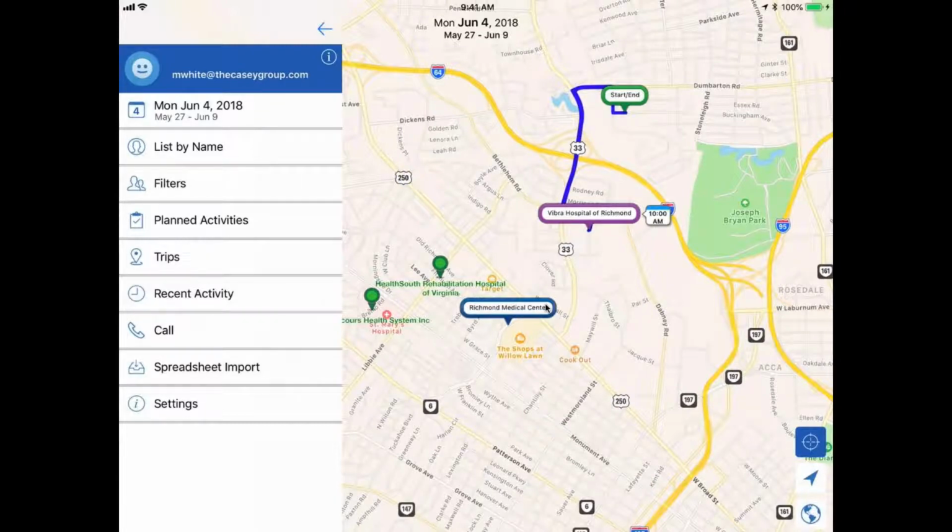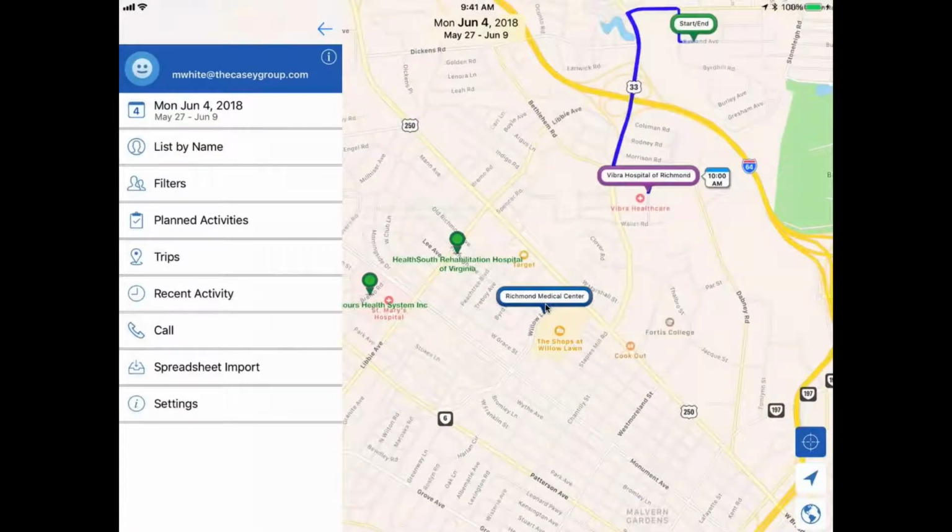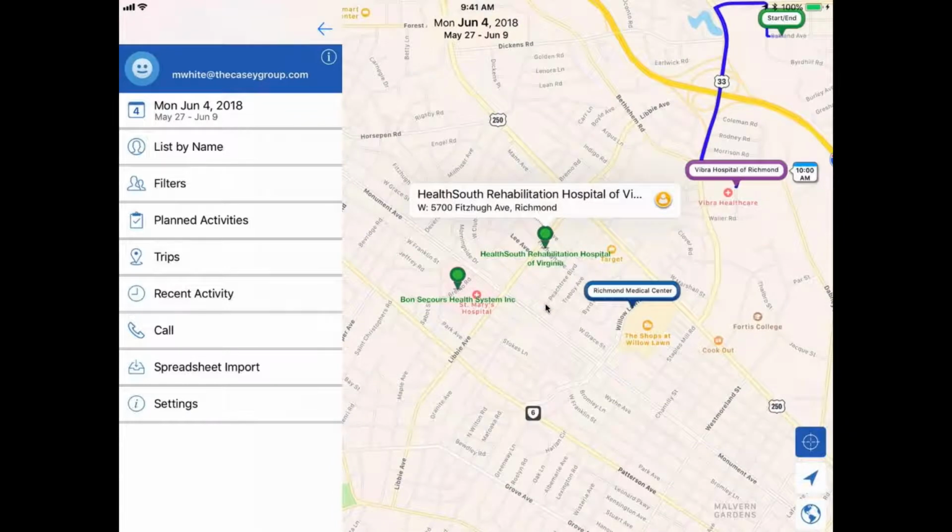And you can also create drop-in visits by tapping on clients and adding that to your trip. So to do that, you would tap on a pin, and then here you'll actually notice an orange person icon to the far right.